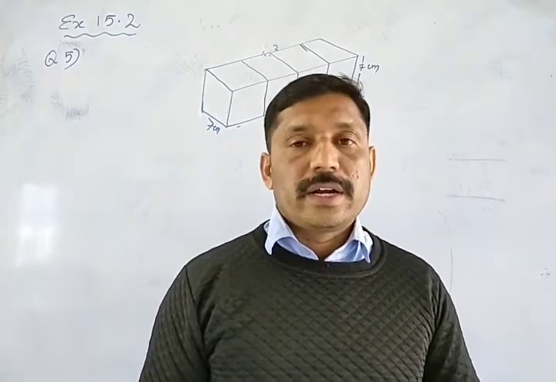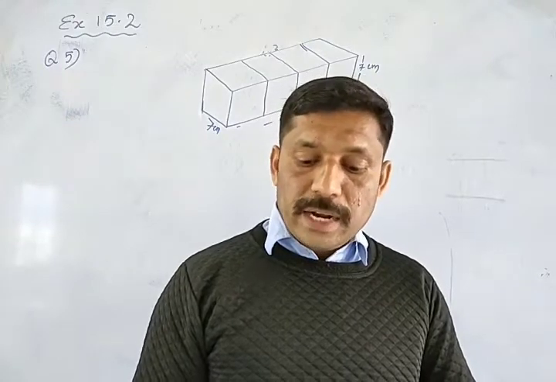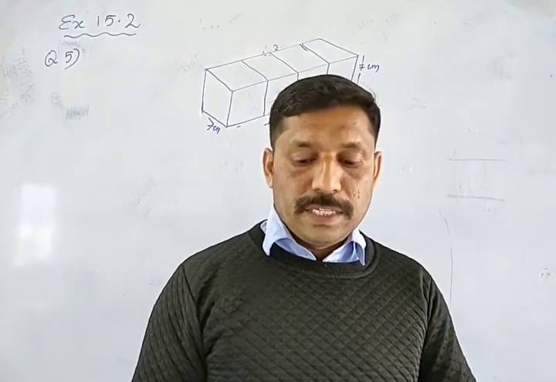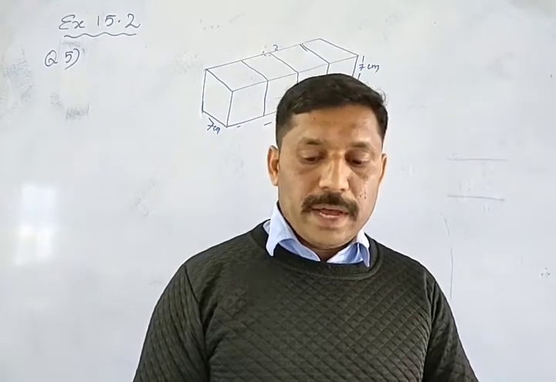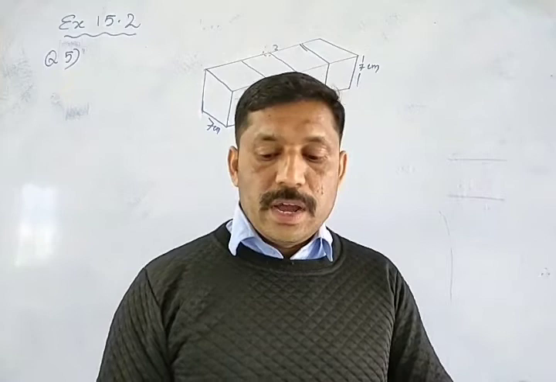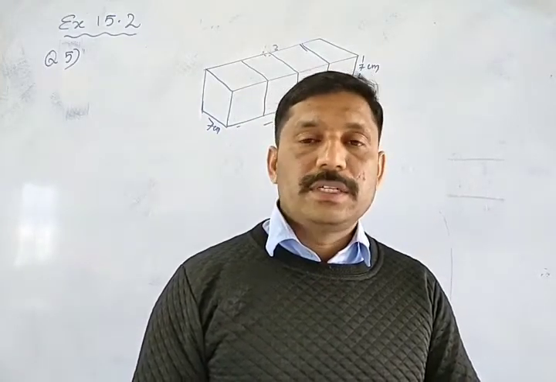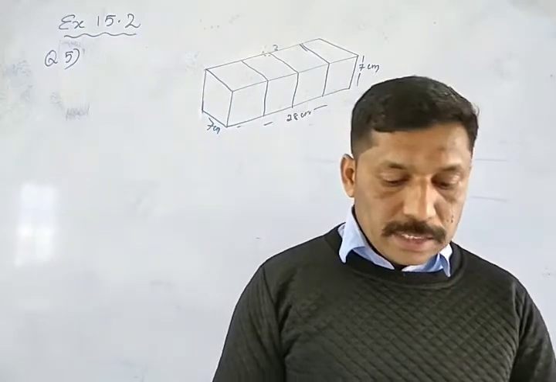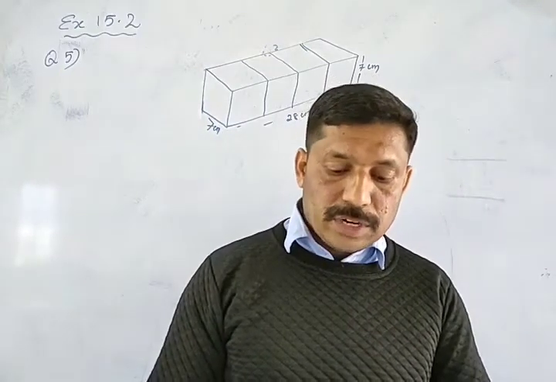Lateral surface area of the cylinder, the formula is 2 pi r h. 2 pi r is equal to 250 centimeter. That is the circumference at the base, that is called 2 pi r. That is given 250 centimeter, and the height is given 1.25 meter. That you change to centimeter, then 125 centimeter. Then you multiply both numbers, you get the lateral surface area of the cylinder.